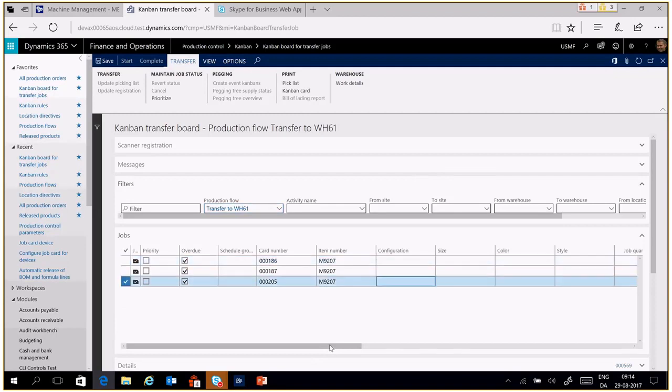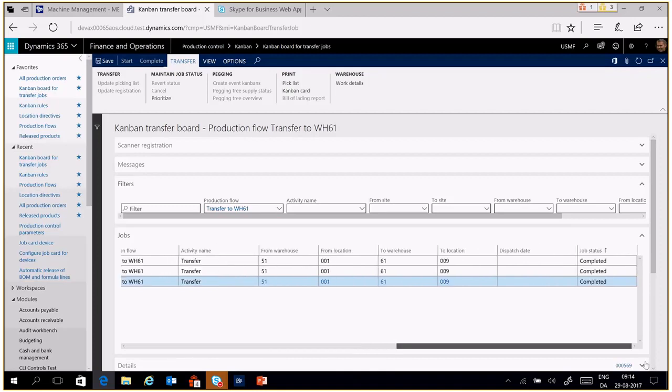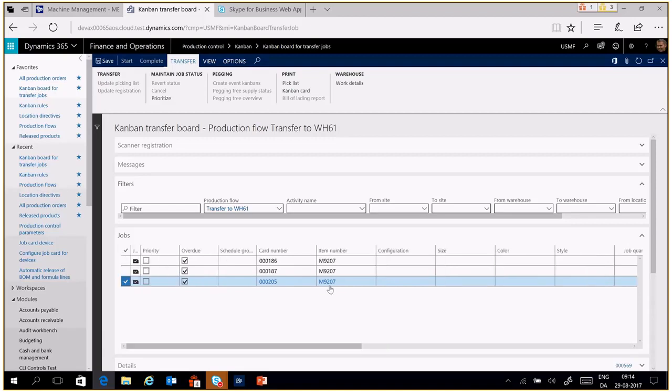here I have my Kanban, and it's now in state completed, and it's transferred to this location. And this Kanban has a